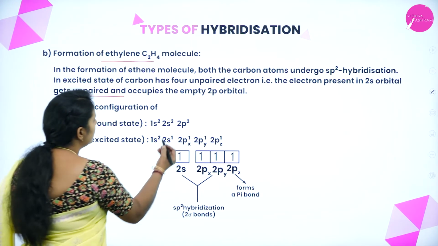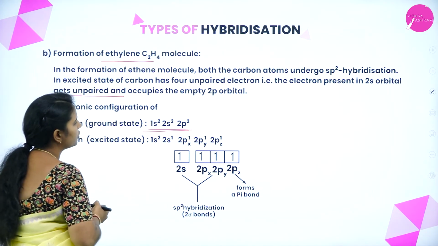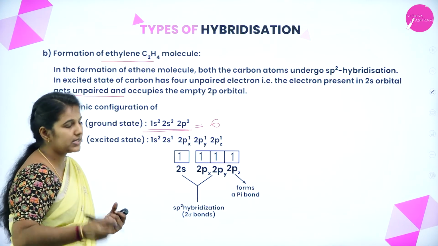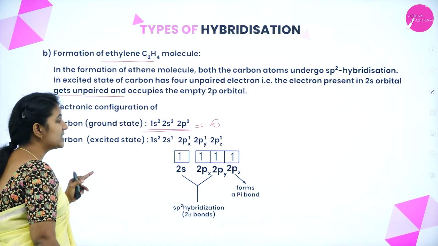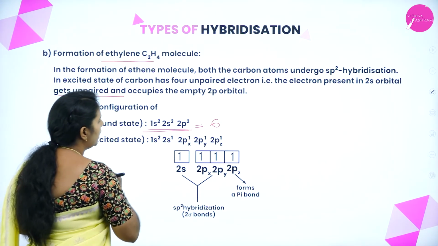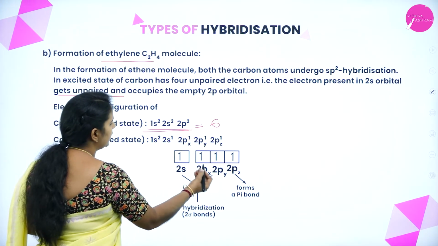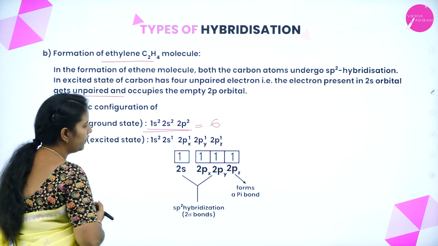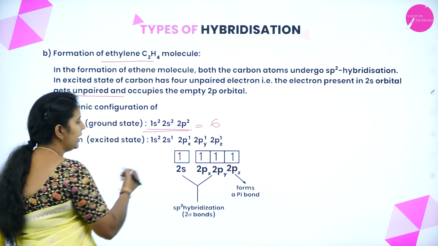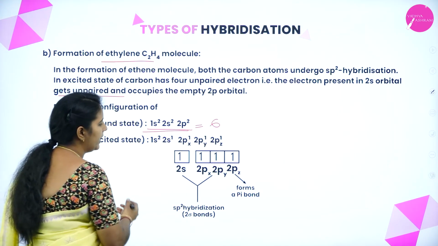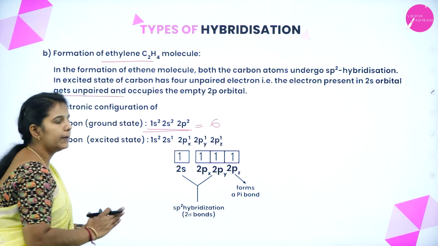Let us see, this is the ground state electronic configuration of the carbon atom, which has how many electrons? 6 electrons. Similarly, in the excited state, what will happen? Already we know that the 2p consists of 1 electron in 2px and 1 electron in 2py. But in the excited state, 1 electron from the 2s gets shifted to 2pz and forms 4 unpaired electrons